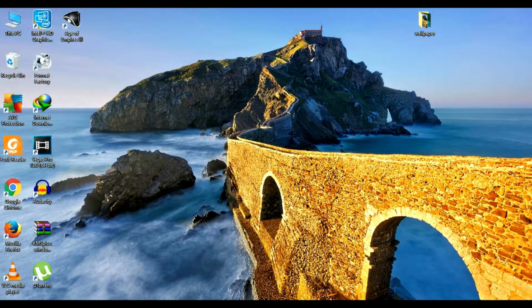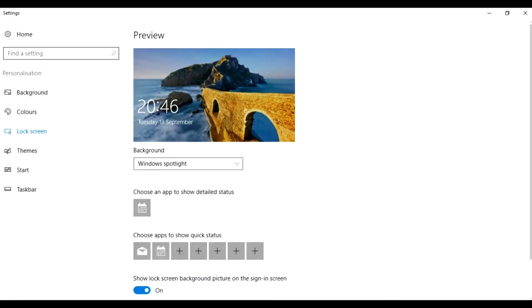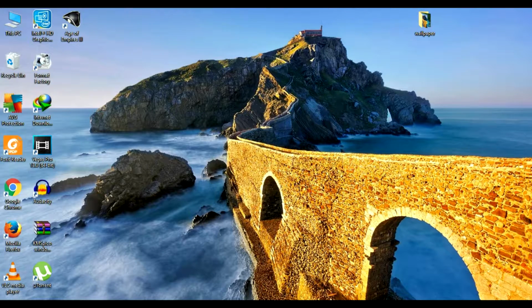Today I'm gonna tell you how you can find the hidden gems. So basically this is the wallpaper which comes whenever you're trying to log into your computer, and it is called Windows Spotlight. But the problem is you cannot get this picture directly, you cannot use it, you cannot save it, you cannot put this like a wallpaper just like I have done. So today I'm gonna tell you how you can do that, how you can find that hidden gem really fast.